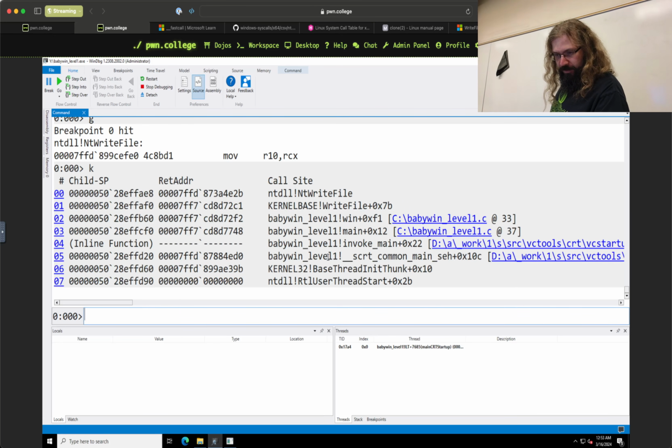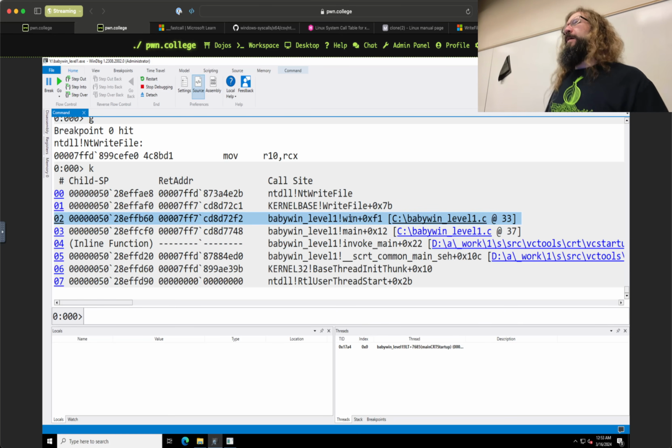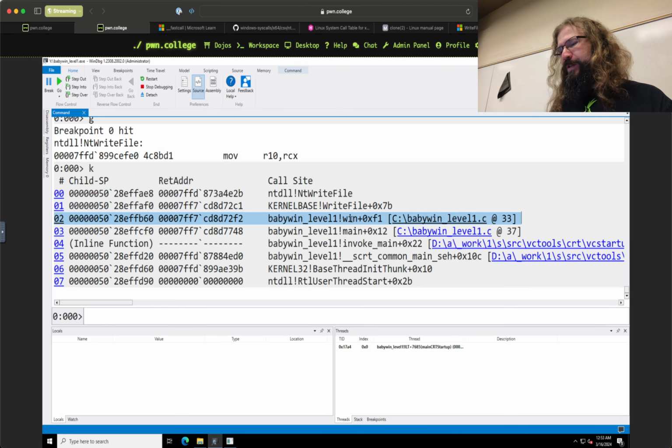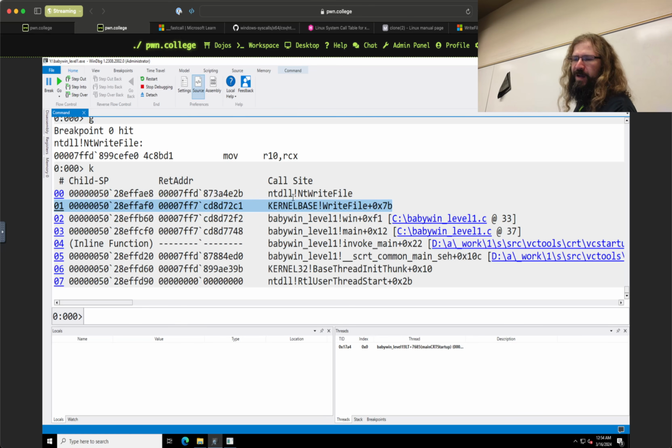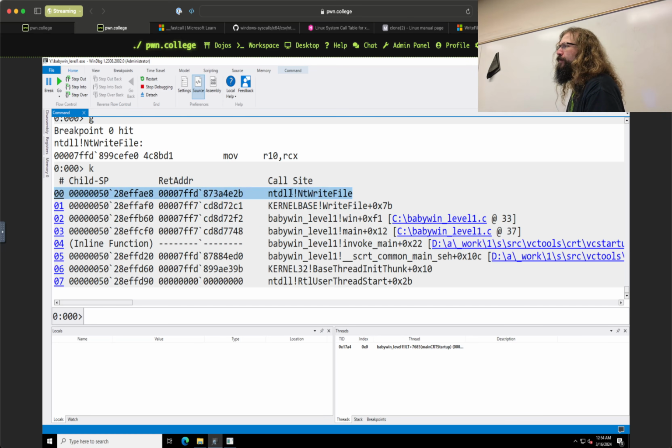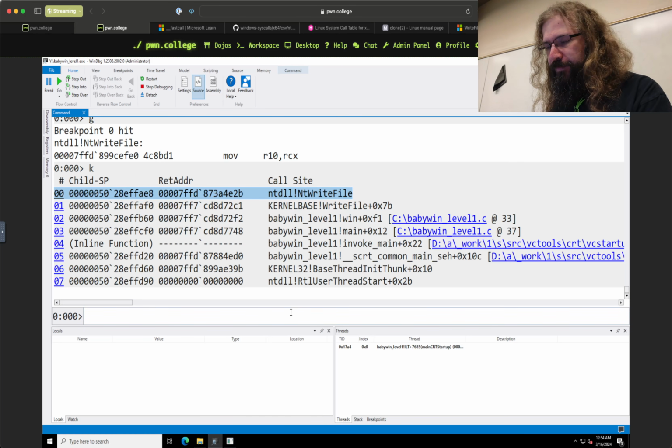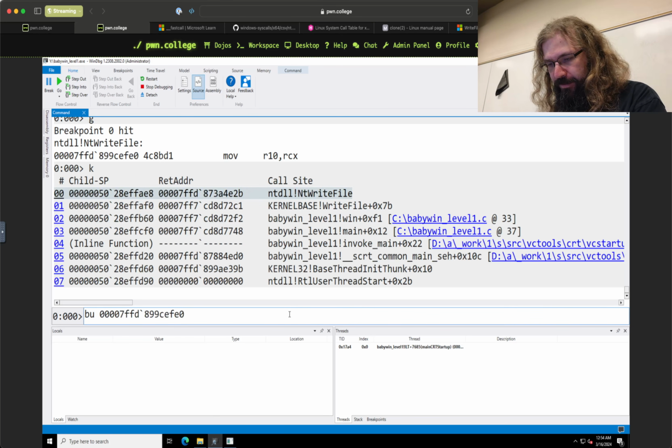Well, the loader was somewhere up here, and then it fired off baby win level 1. Right here we get to main, which called win, which called what? WriteFile. And WriteFile we said was in kernel32. But instead I see kernelbase, and then I see NT-DLL. So what happened there? Well, kernel32